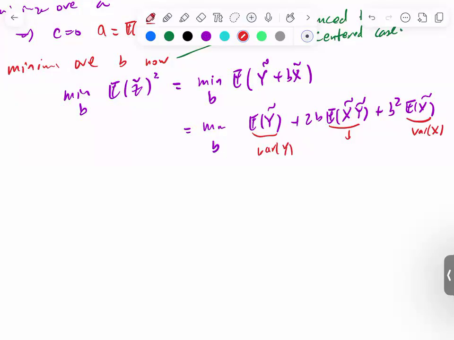Yeah. So this is the covariance of X and Y. If I want to minimize, this is a quadratic function in B. So these terms, like the variance of Y, the covariance of X and Y, and the variance of X, are constant. So if I want to minimize, I can differentiate and set to 0. You get 2B cov X and Y plus 2B